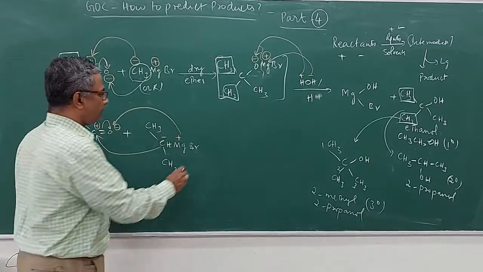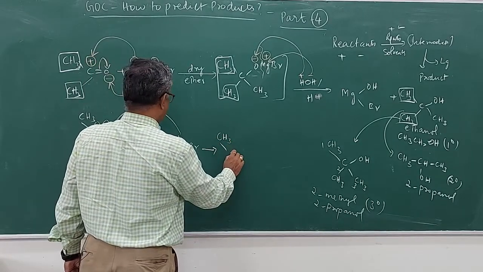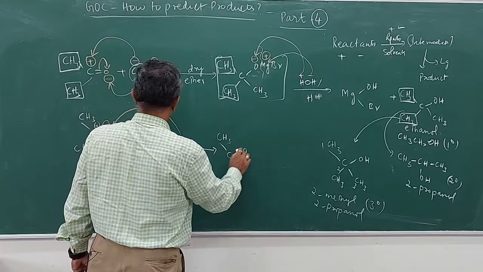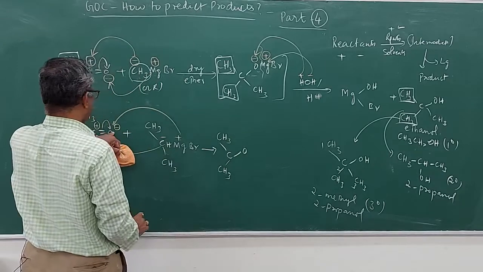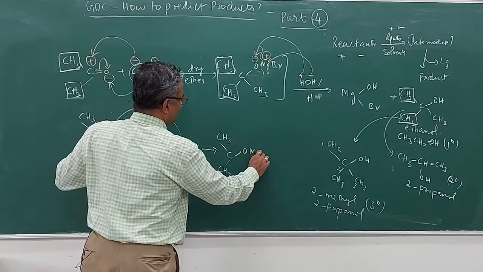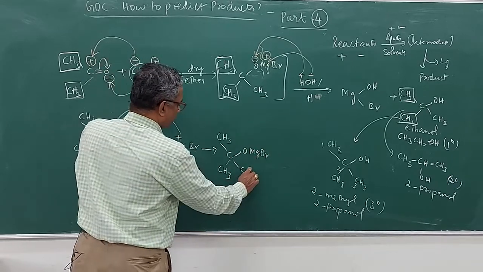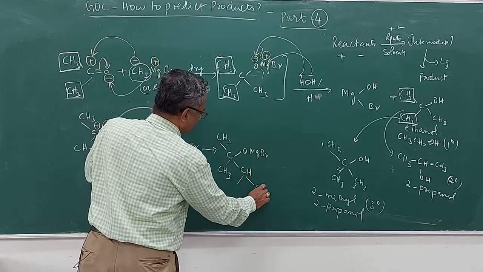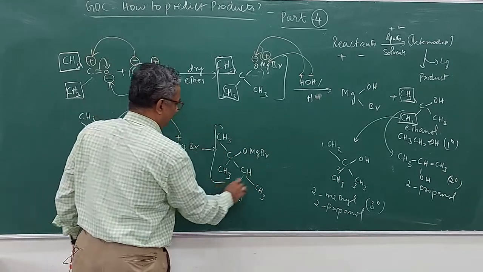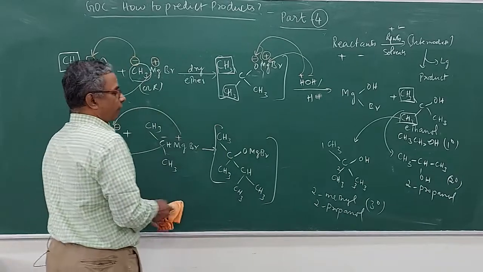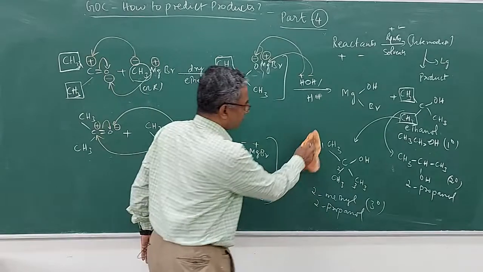So in the first step you will have the condensed product here, CH3, C, O, and then CH3. To this O, this MgBr will come and get attached. So here you will have the CH minus. This CH will be again attached to CH3 and CH3. So this is the intermediate that you get. Again you have developed the plus minus here. This is the most electronegative difference between the two atoms.